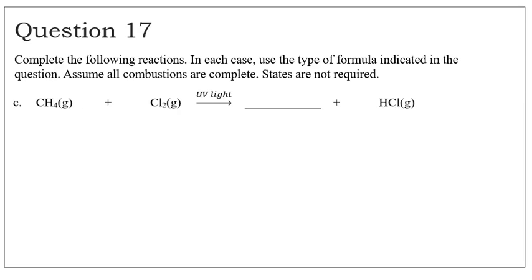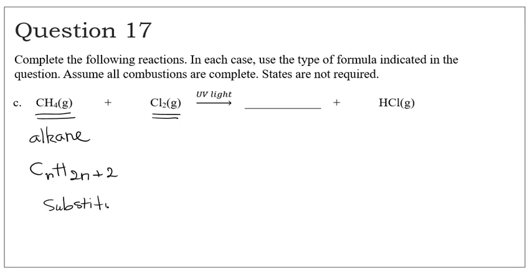We have another equation here that you need to complete. You need to recognize what type of reaction this is. And one way to do it is to know what this is. This is an alkane. It's a very good idea to remember the general formula. Also, because alkane is the only one that has 1 carbon. Alkenes start with ethene, which has 2 carbon. Anyway, this is an alkane reacting with that. This is a substitution reaction. When you replace a hydrogen for chlorine. So if this is one of the product, the other product must be